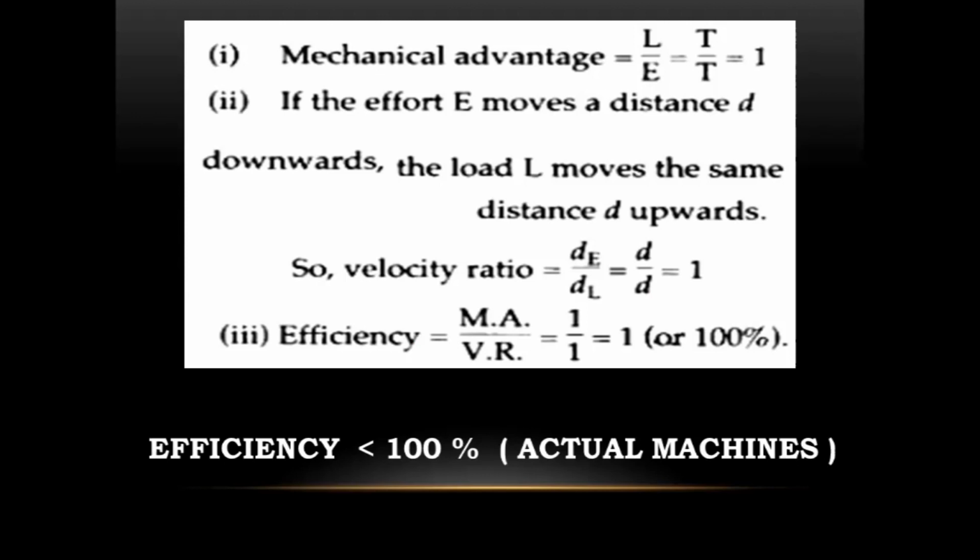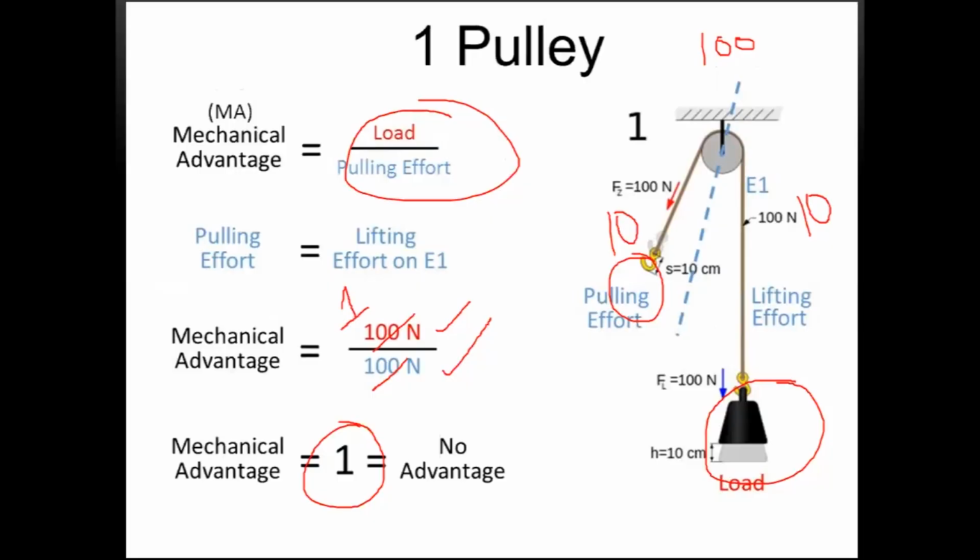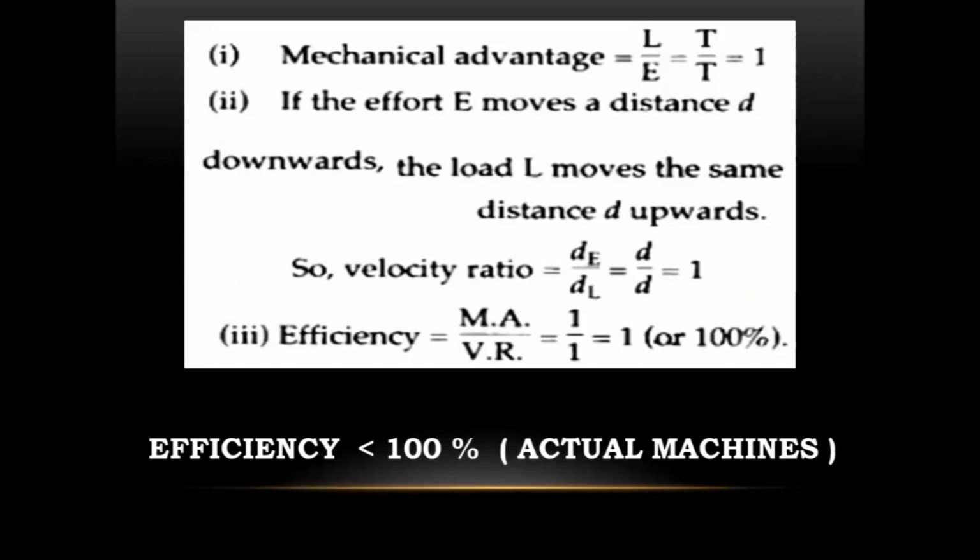That's 100%. It is 100% only in the case of an ideal machine, but in an actual machine it will not be 100% because there will be some friction between the groove and the string, which we are neglecting right now, as I told you in the beginning. So if you consider it as an ideal machine, the efficiency is 100. But if you consider it as an actual machine, the efficiency is less than 100. Now that you know your mechanical advantage is 1, it does not do much. In order to move a 100 kg weight, you are supposed to put in an equal amount of force.